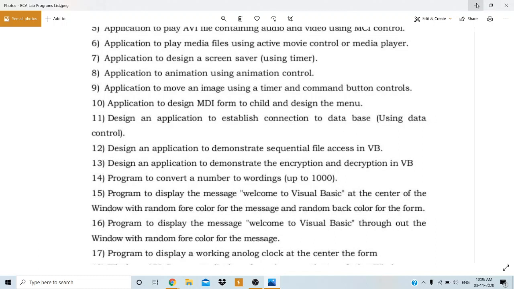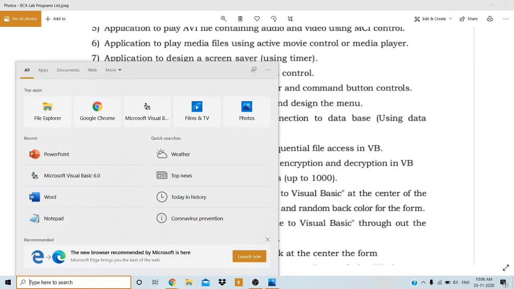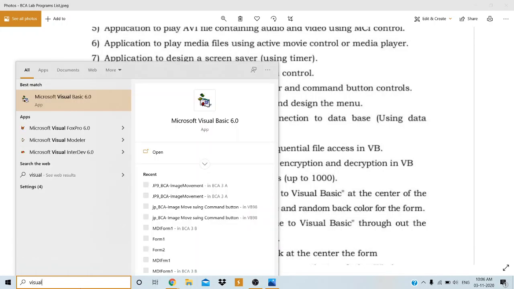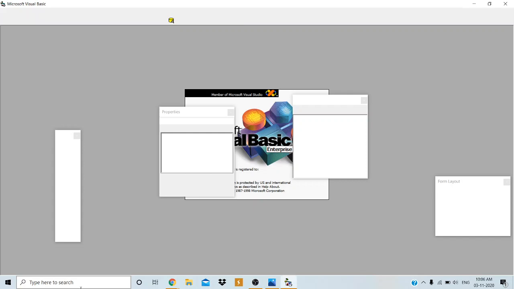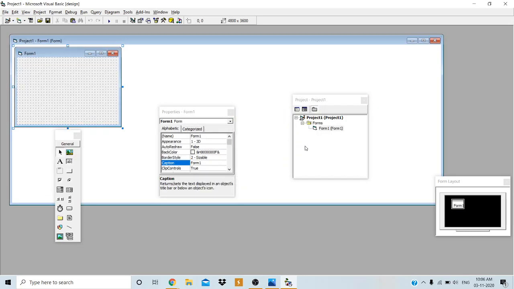Shall we move to the application? Designing the application. Yes, sir. Okay, fine. So first open Microsoft Visual Basic 6.0. Select Standard EXE project here. Click on open. See, the application is open.